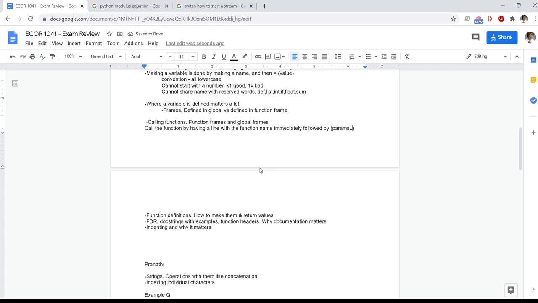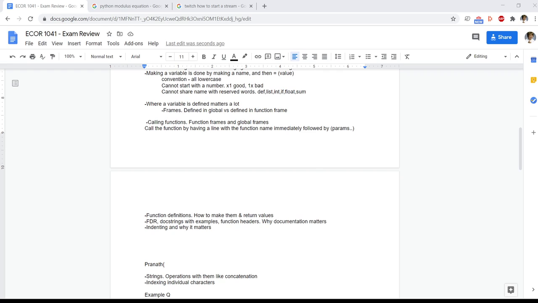Okay, but not every function needs to have parameters. Maybe here's an example of a function that doesn't have parameters. Def, let's say print_hello, no parameters because we don't really need them. And if this function just says print hello, and then on the next line we can put like a call to it, print_hello in brackets like that. We should see when we run this, hey, it calls the function and that call is on line 14.